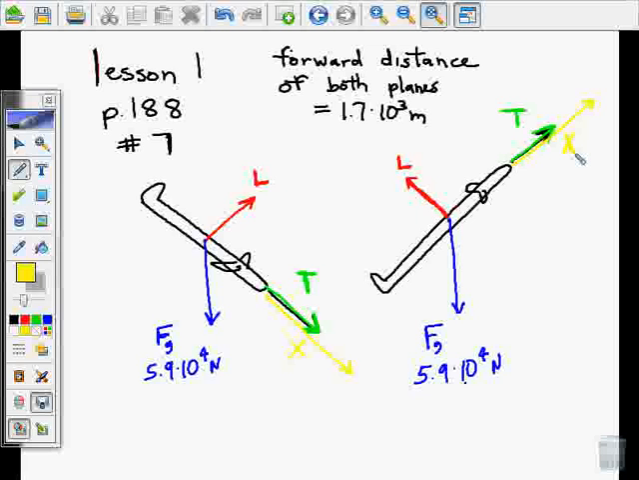Right. Let's compare both of them. We know that if you want to calculate work, the general formula for work is work equals the force times the forward distance times the cosine of the angle between the direction of the force and the direction of the forward distance. Now, if both jets are applying the same forward force, and both jets move forward the same distance,